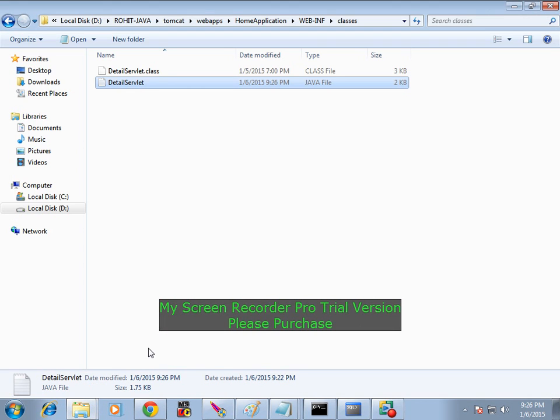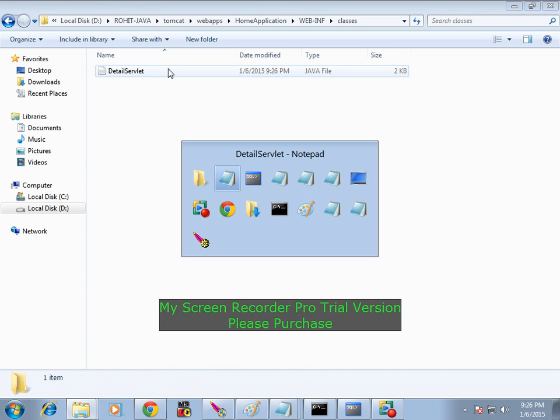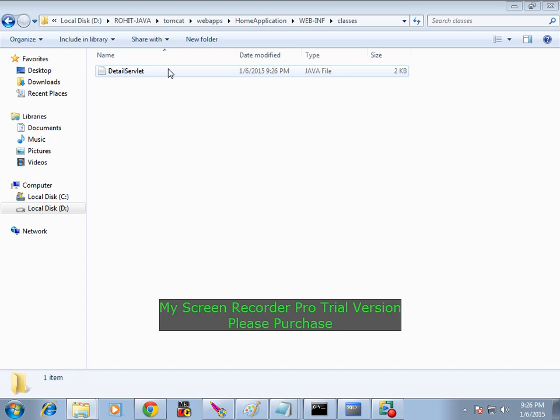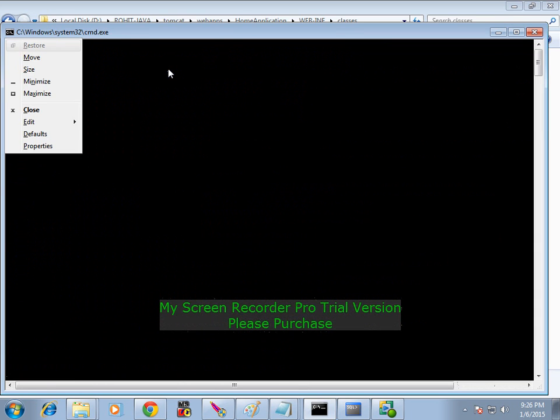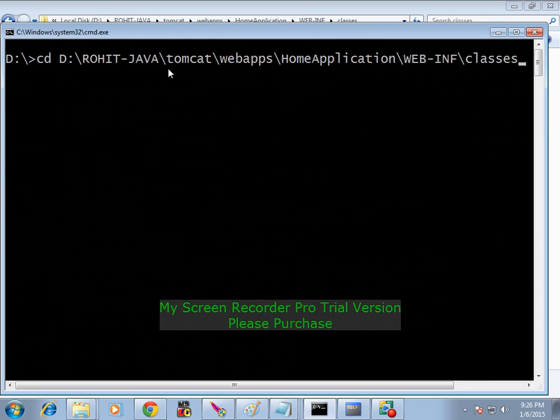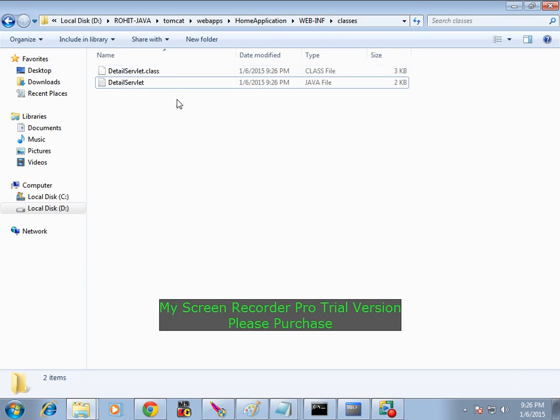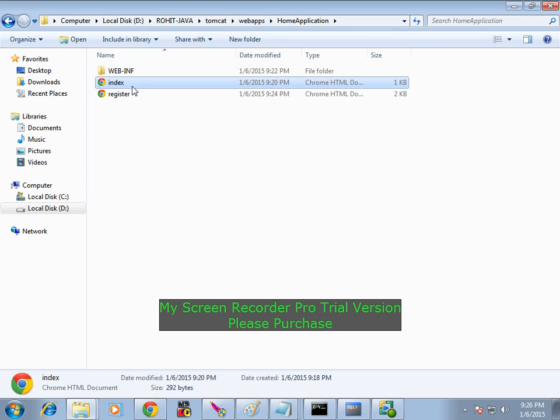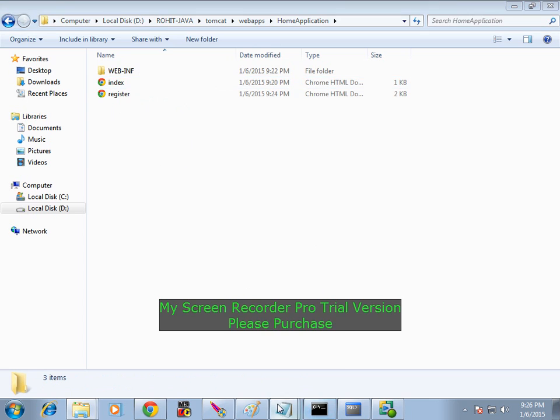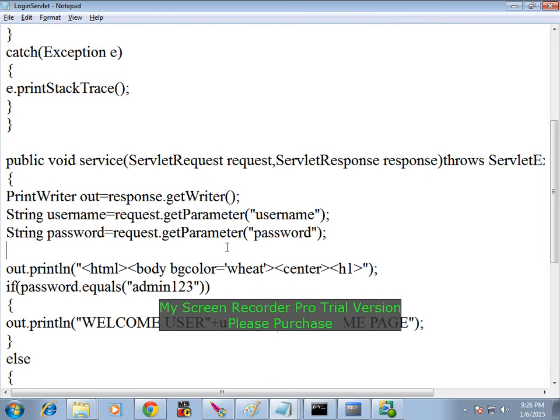How to compile? Just copy this thing, delete that part, cd space, DetailsServlet.java. Okay, you got the .class file, right? Yes or no? Next, in index.html we have username and password, right? So I want to change it, make the changes in the login servlet, right? In the login servlet, what you are doing,